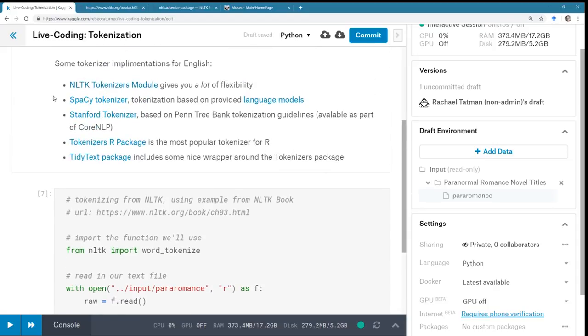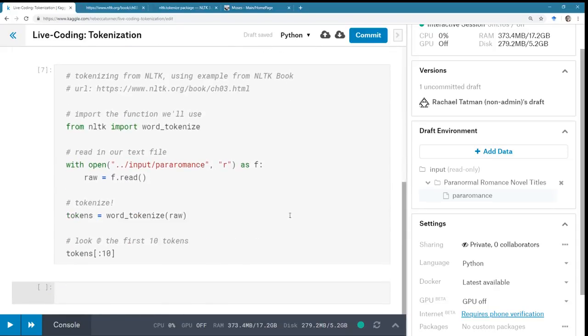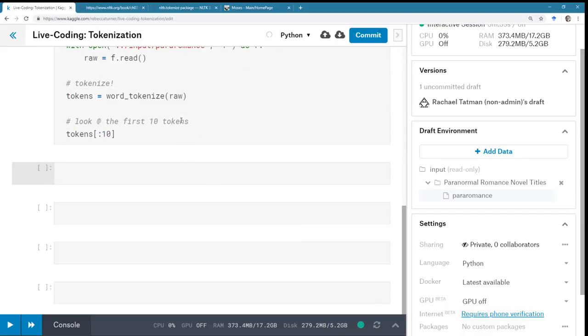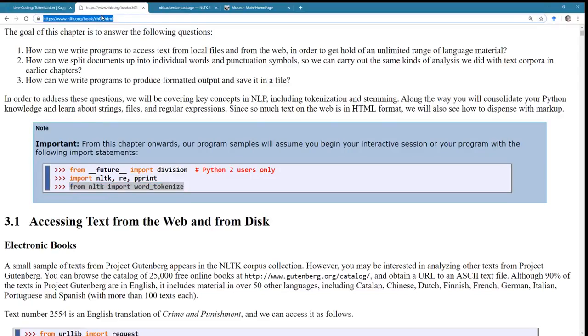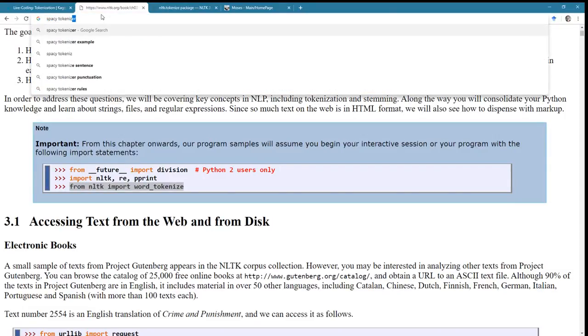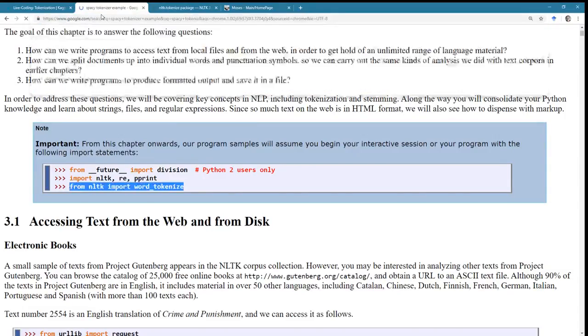That was pretty easy. Now let's try out Spacey. When NLTK came on the scene, people weren't using Python as much for NLP. They were mostly using Perl. So if you compare this to trying to do tokenization in Perl, it is like angels singing. It's amazing. It's so much better. And I know some people still teach intro NLP in Perl, which is not a choice that I would make. All right, Spacey, Tokenizer example. Yes, please.